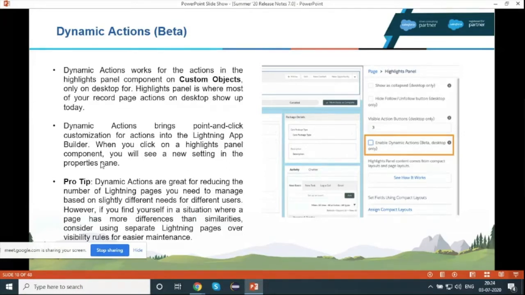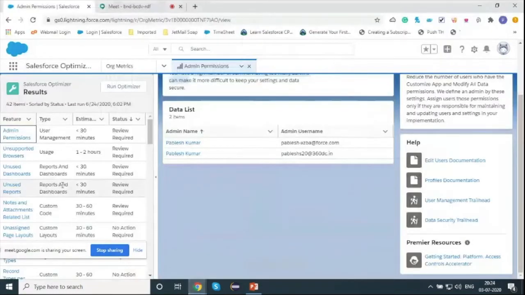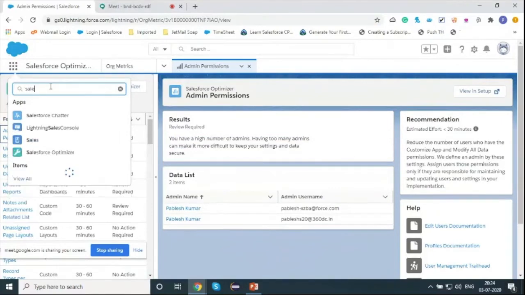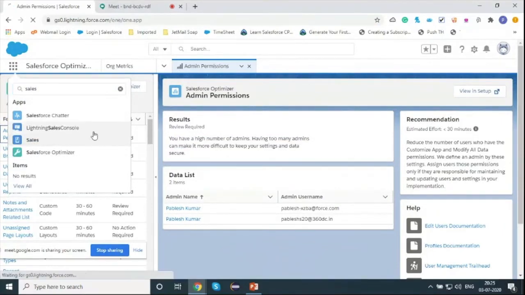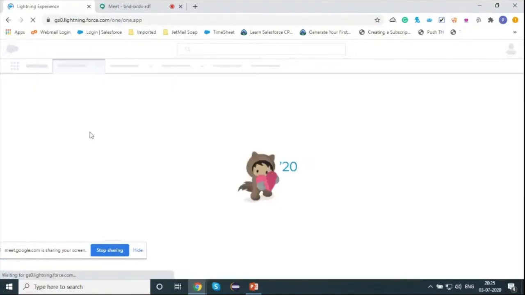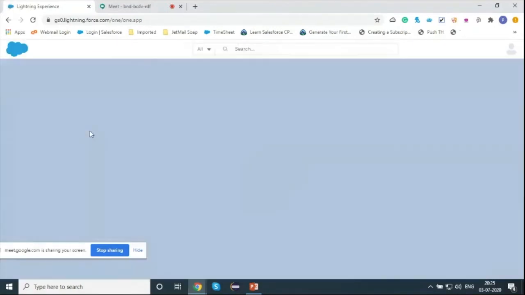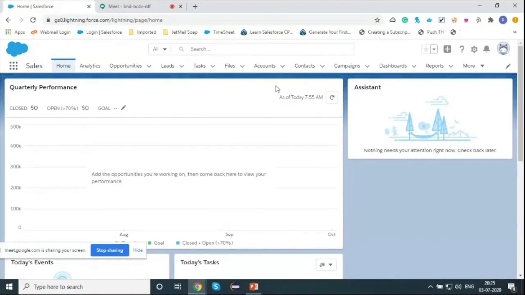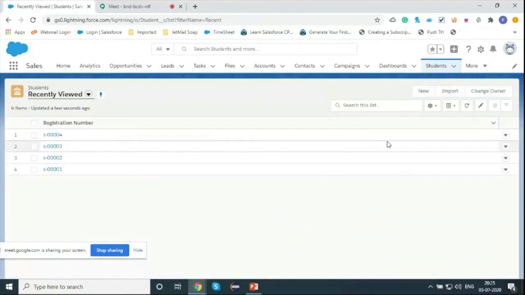On this also, you can set the visibility rule, like how to show, where to show, and when to show. Sorry, where to show doesn't apply, as it says, the dynamic action is available for desktop only, it is not available for mobile. So we cannot set where to show, but yes, we can set when to show and whom to show. Let's have a quick example also of dynamic forms and dynamic action. Let me go to any app.